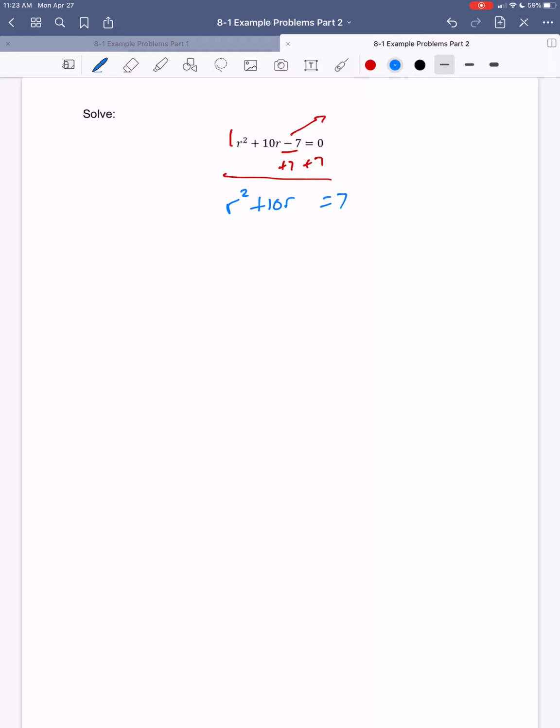Okay, so now I can find this special number. I look at the coefficient of my linear term, that's my r to the first power. That coefficient is 10, so I'm going to have to take 1/2 of 10. 1/2 times 10, and I'm going to have to square that. So that's going to be 5 squared, which is going to be 25, and I'm going to add that to both sides of the equation. So plus 25,